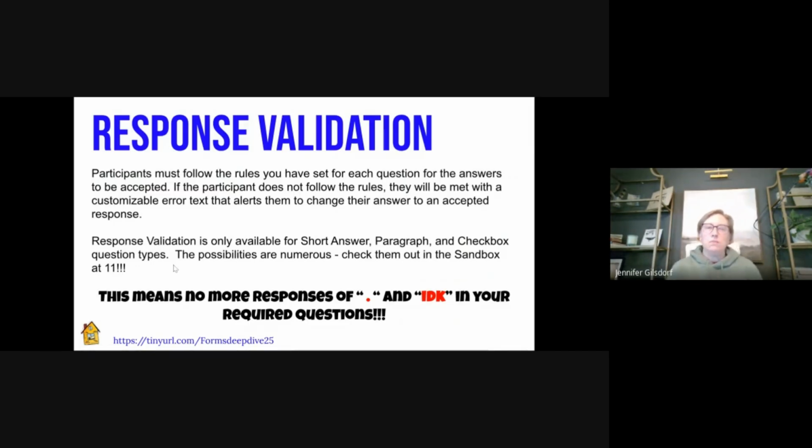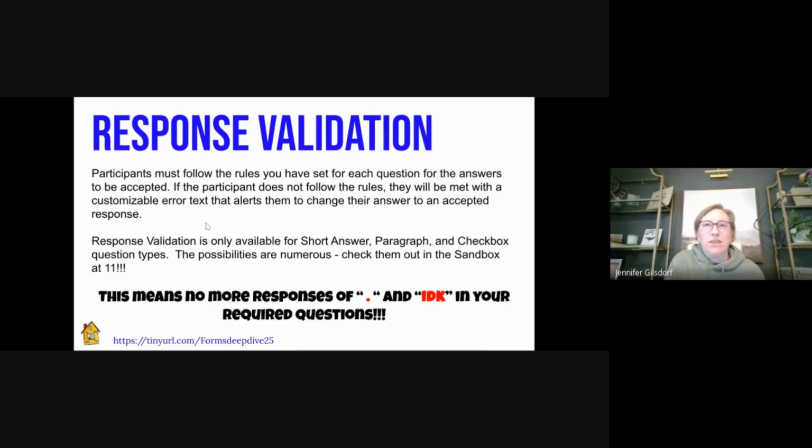So maybe we could do that with the checkbox ones. They have rules that you can set, and there's like so many different combinations of the rules. But for me, this means no more responses of them just putting a period to satisfy the fact that they had to respond, or an IDK, which absolutely kills me. And